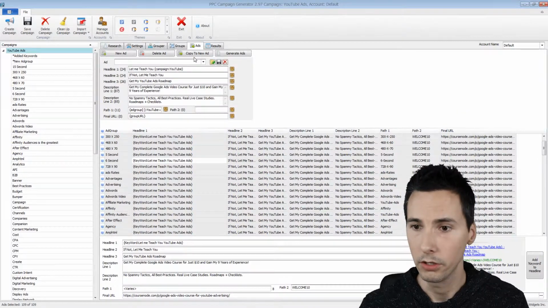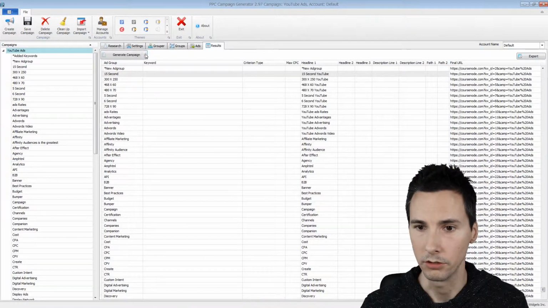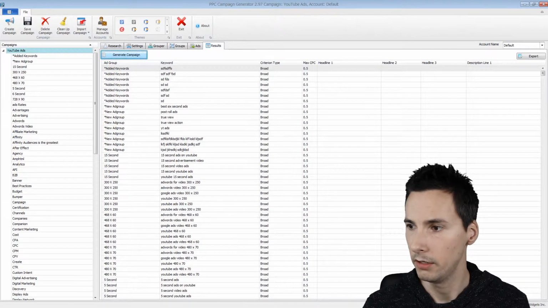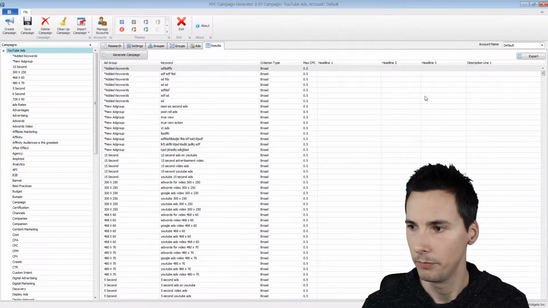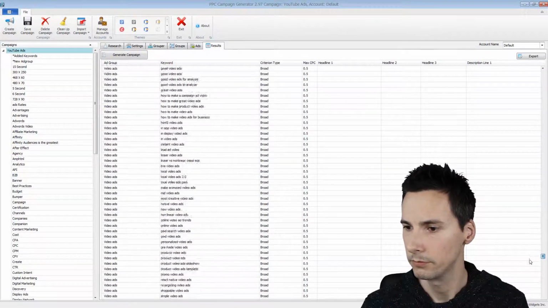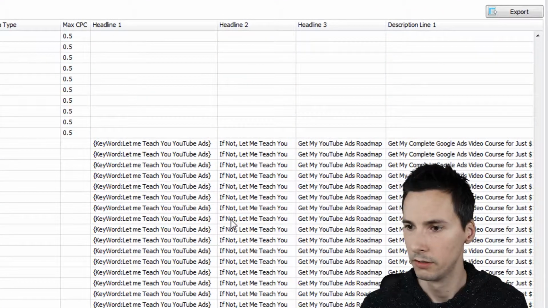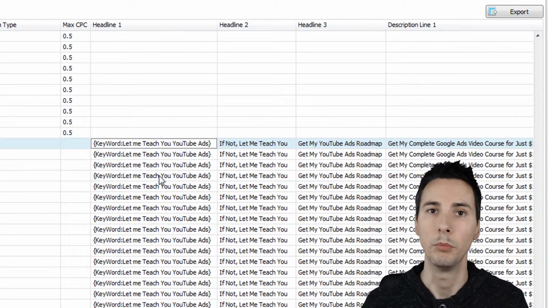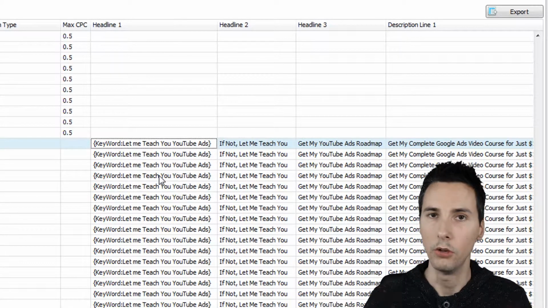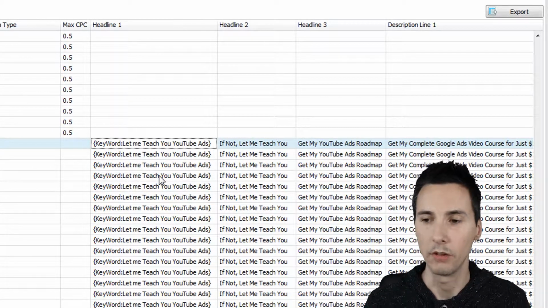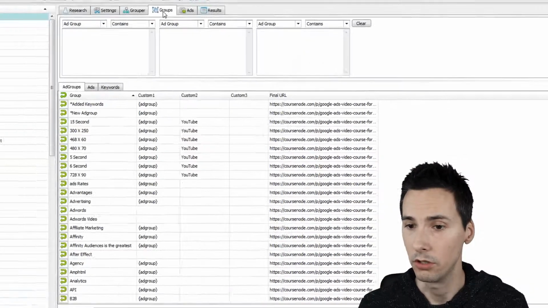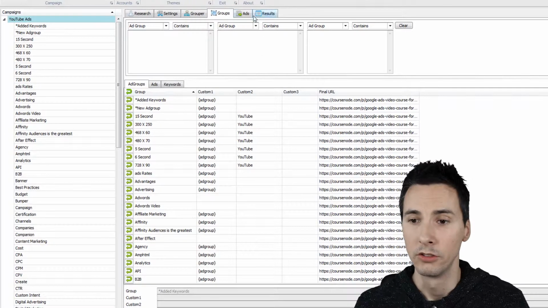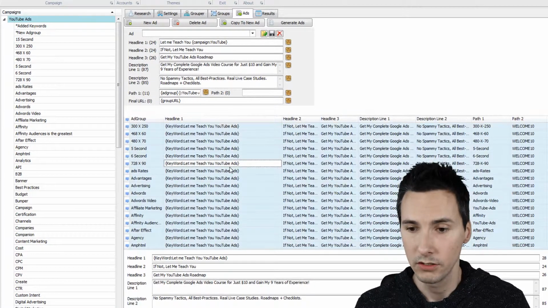When you go and generate your campaigns, I'll show you, generate campaign. Actually, let's delete those ads. Well, actually, let's keep them. That's fine. Let's go down here. Notice that it didn't replace those with whatever the actual keyword is, because that doesn't make any sense. I get this question all the time. So ads